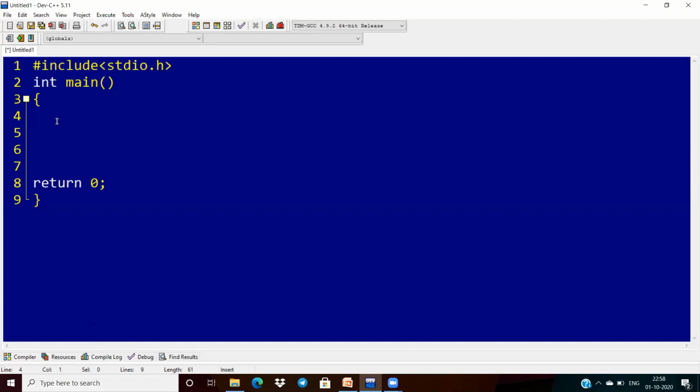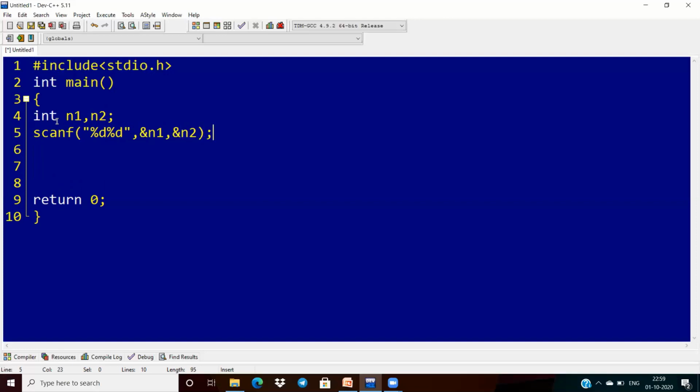Okay, the first thing is that I want to give input. My inputs are n1 and n2. Between those only we have to give the values here. Between those only we have to form the prime numbers. So what I am doing here is taking two numbers, n1 and n2. Okay, these are the inputs, and I have to read these two inputs here: percentage d, comma ampersand n1, comma ampersand n2. Okay.